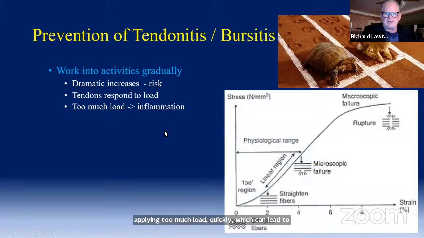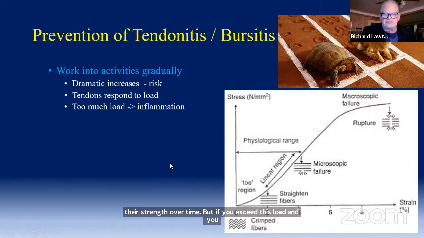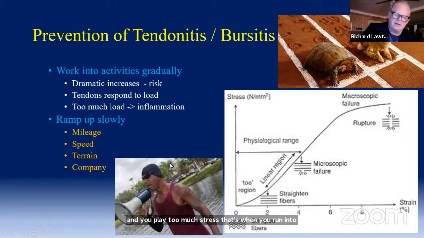Here's a graph from a paper. It's a little complicated, but what it says is if you are able to apply small amounts of stress, represented here on the halfway up the y-axis on this graph, then your tissues can accommodate that. They'll have some microscopic failure, but they will improve their strength over time. But if you exceed this load and you apply too much stress, that's when you run into the tissues becoming chronically inflamed, damaged